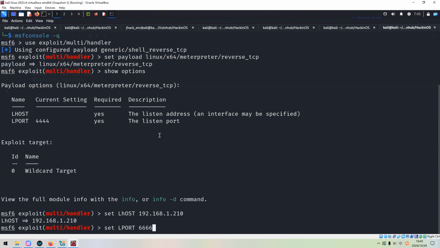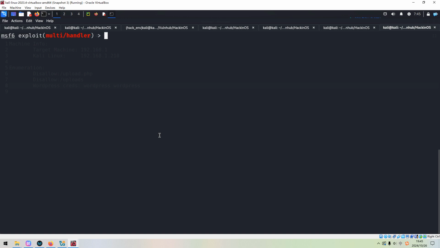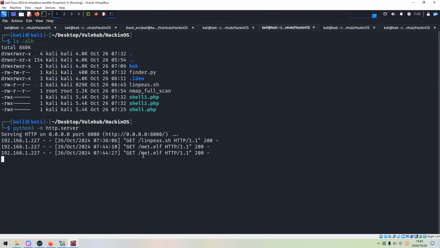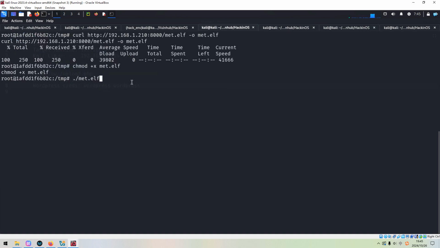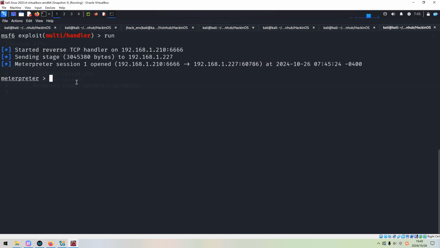Okay, and then we can run it. The handler has started, so then we can run this payload on the target. As you can see, we successfully got Meterpreter session 1 opened.